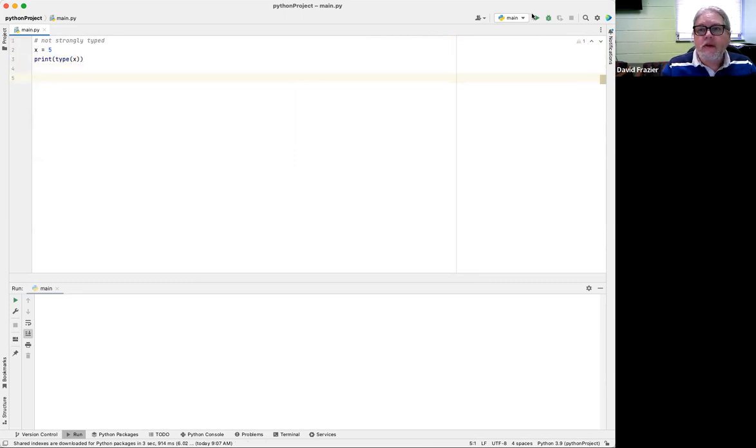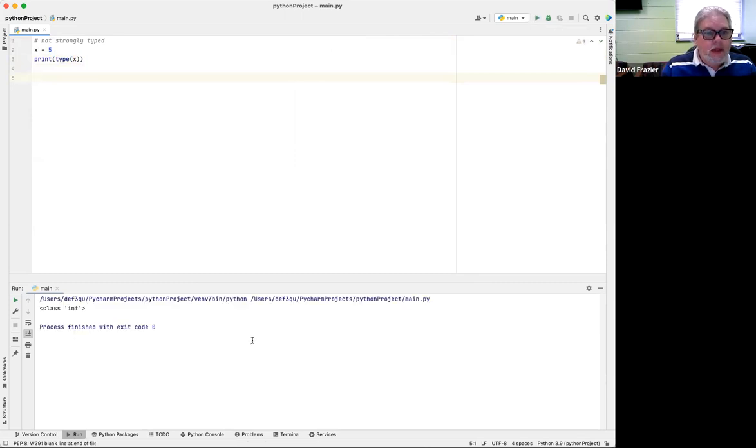Okay, then if I run this, I'm in PyCharm, it shows me here that the class is an integer. If I were to change this to Bob and run the same thing, you'll see the type is now str, or string. If I do x equal to 5 and then x equal to Bob, it's perfectly okay with it. There are no issues at all with how that would work.